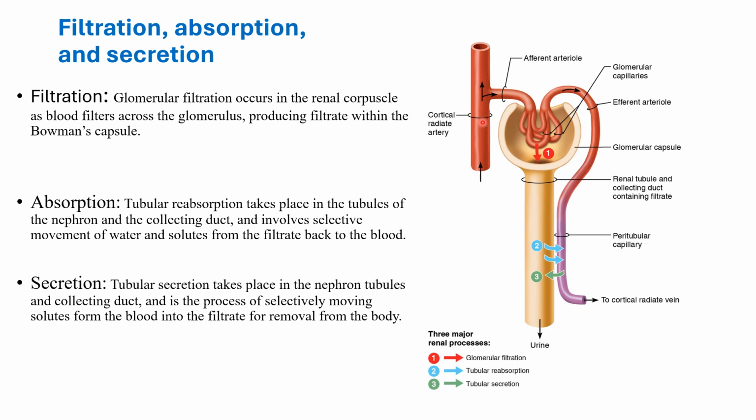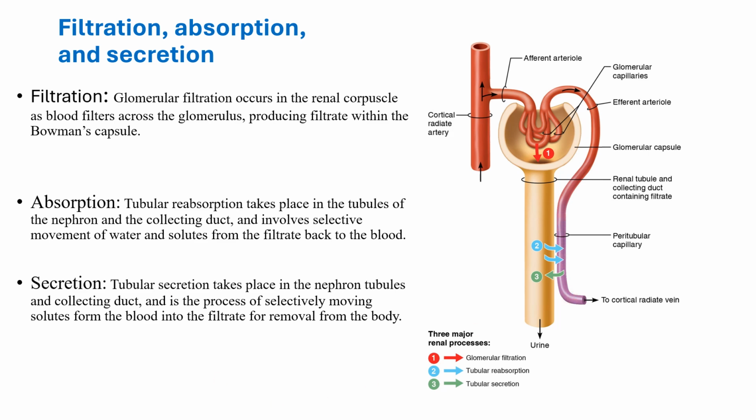Now let's go over this diagram quickly. This is the afferent arteriole. The afferent arteriole is coming from the cortical radiate artery. And the efferent arteriole, please notice that it is narrower compared to the afferent arteriole. So this glomerular capillary bed is a capillary bed between two arterioles, and it is a high pressure capillary bed. And now this efferent arteriole continues either as the peritubular capillary network or as the vasa recta, and these run